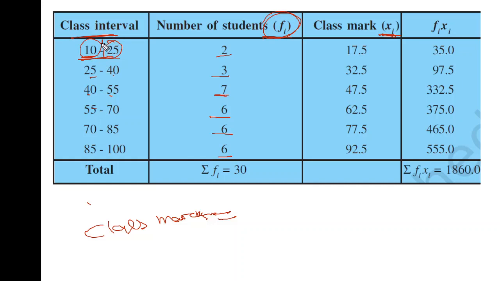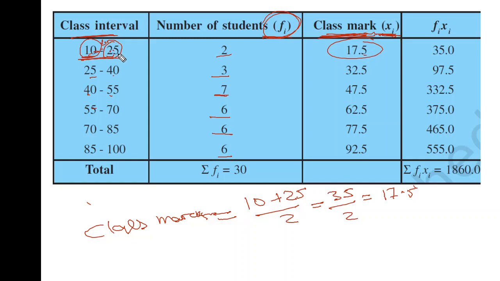You have to find the midpoint of these two numbers, so you add 10 plus 25 divided by 2. 10 plus 25 is 35, divided by 2 is 17.5. So this is Xi, the class mark, 17.5